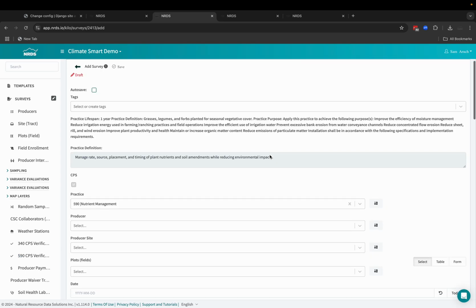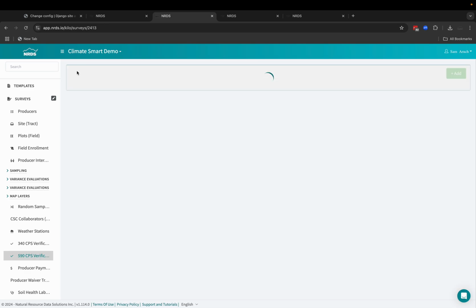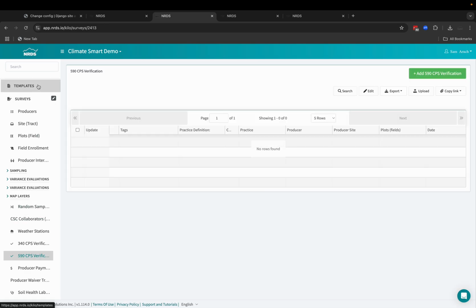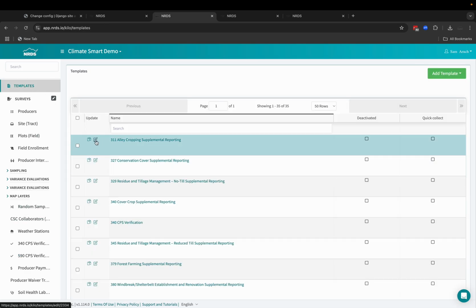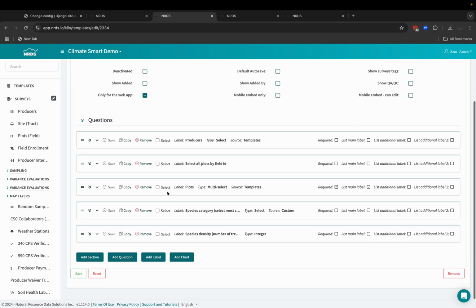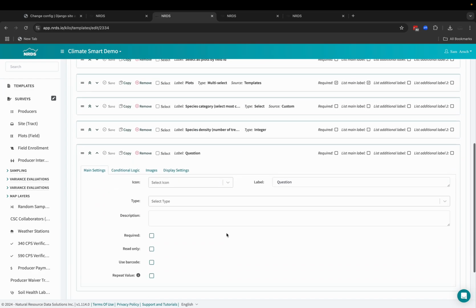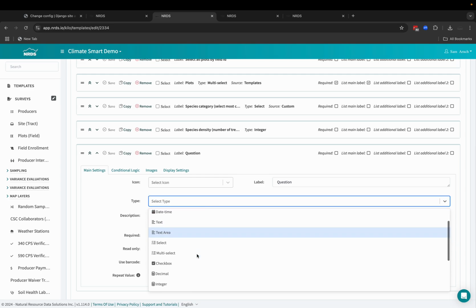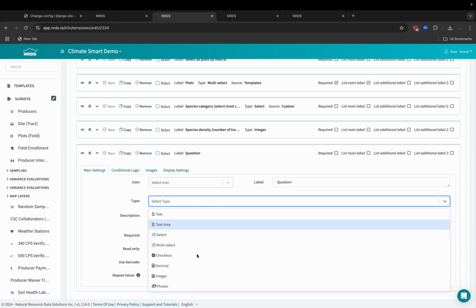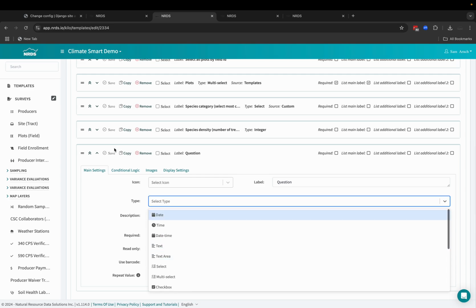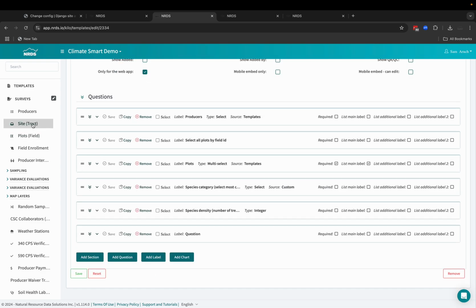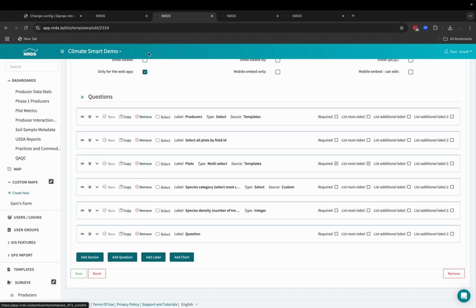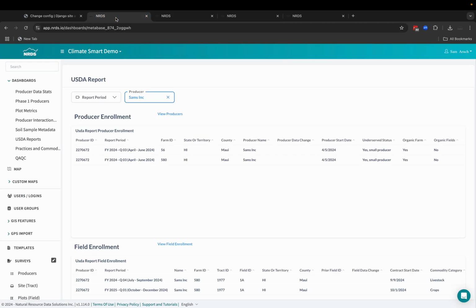And the actual builder is really easy to use. So I can come here and I can take an existing form, I can link it to another form, I can add a new question, different types of questions or fields. And to wrap it all up, I'm going to show you how it really easily can create the